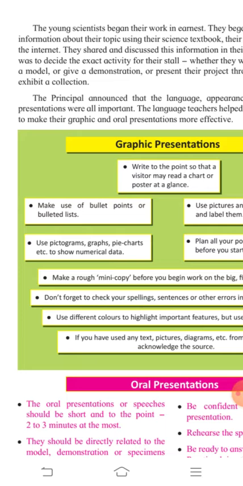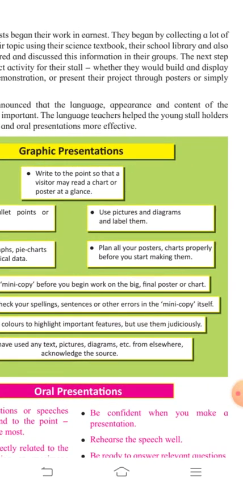Fine. So this was done now, that they had decided, they had collected the information, they had gathered and sat together, discussed in the group, and they had even discussed what activity exactly they are going to put, whether they are going to make a model, or maybe they are presenting, that is a demonstration, or maybe presenting through posters, or maybe an exhibit or a collection. Fine. Now everything was done. Now the principal